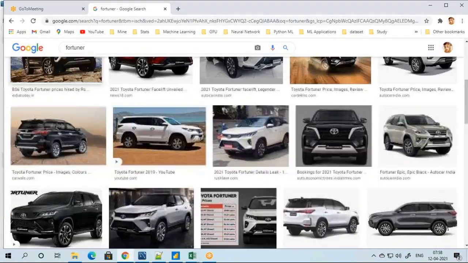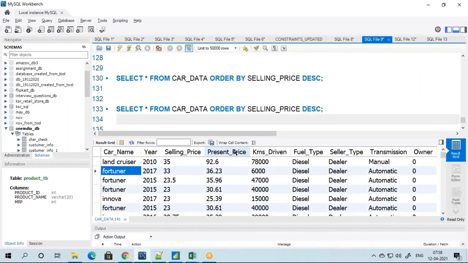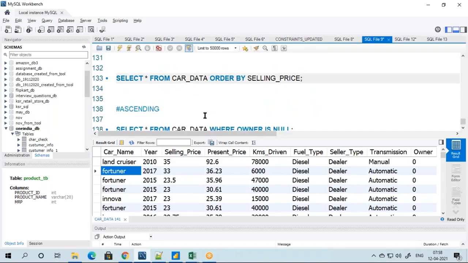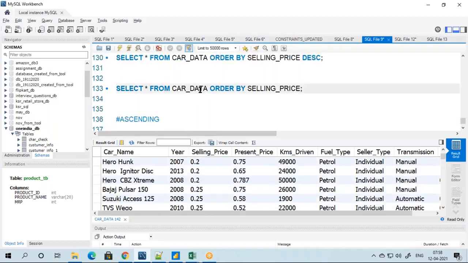All big vehicles are there. Now if I want to order it in ascending order, you need not give ascending order as well. Just remove the descending, and by default it is going to be ascending. If I run this, I will get the lowest selling price car or maybe vehicle, that is Bajaj Pulsar. It has run for 92,000 kilometers and it is the oldest model, 2006. They're selling it for